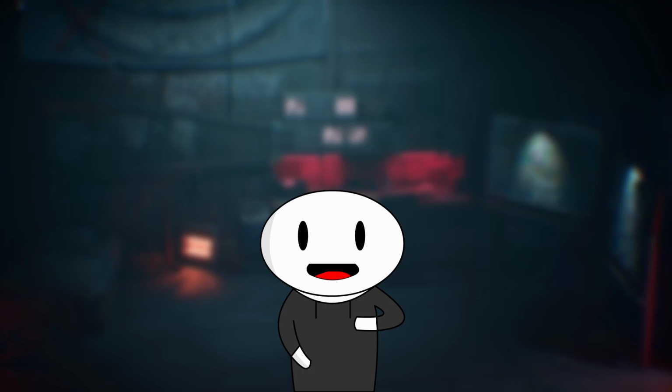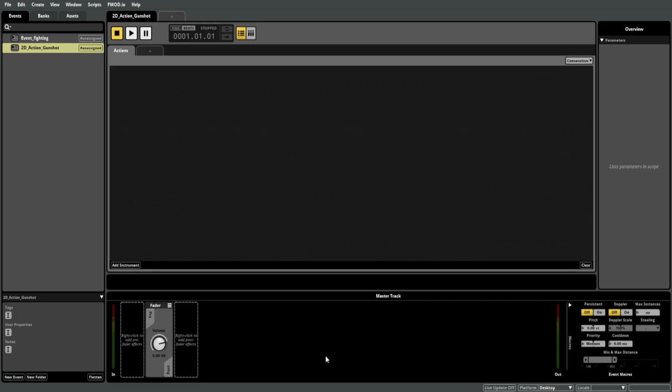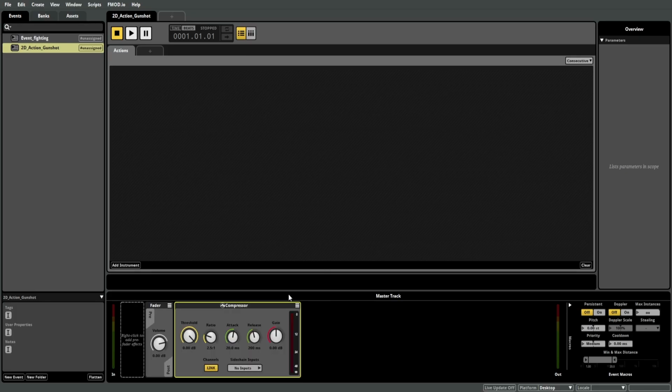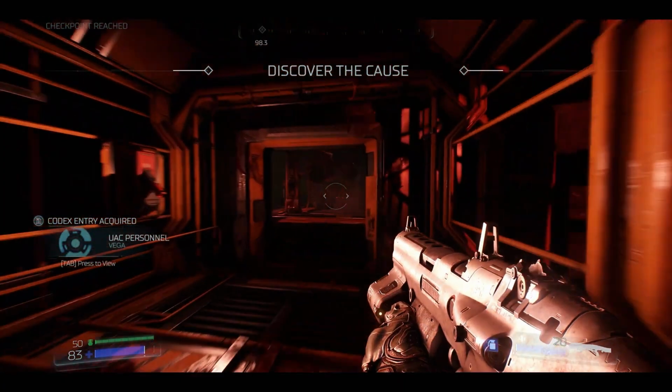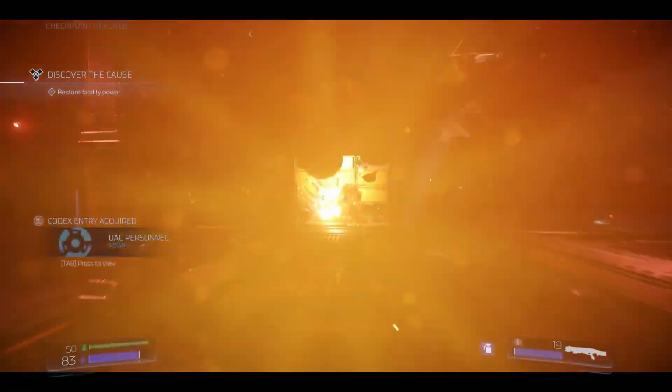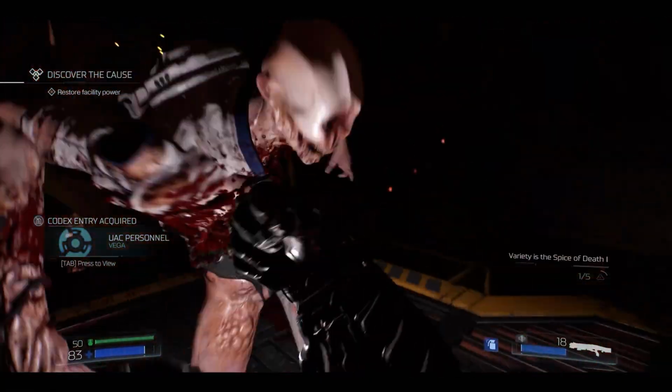First, and the most sane method, is to use FMOD. It's a tool that lets you manipulate audio dynamically based on whatever is happening in the game. It's called adaptive scoring, and it's also what makes the music in Doom feel the way it does, which is the subject of my next video.